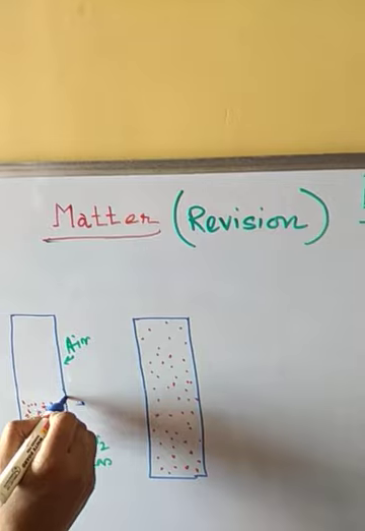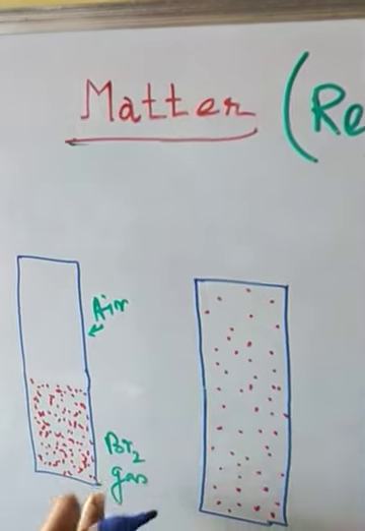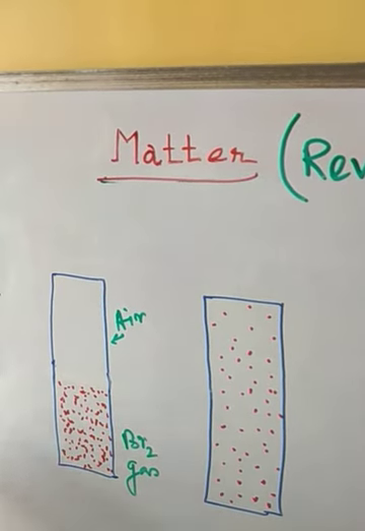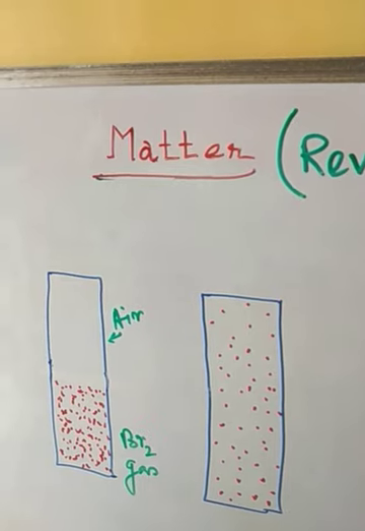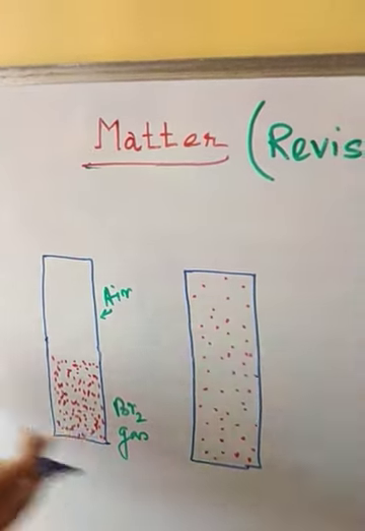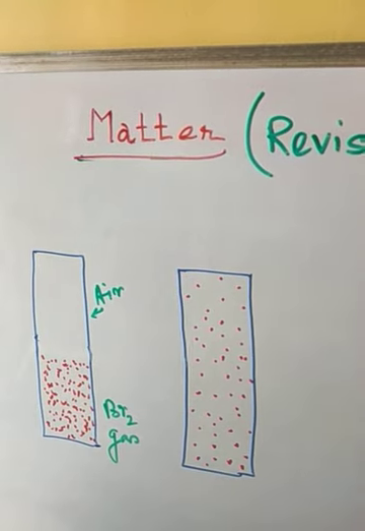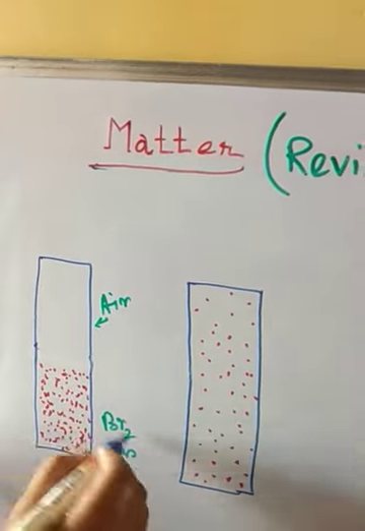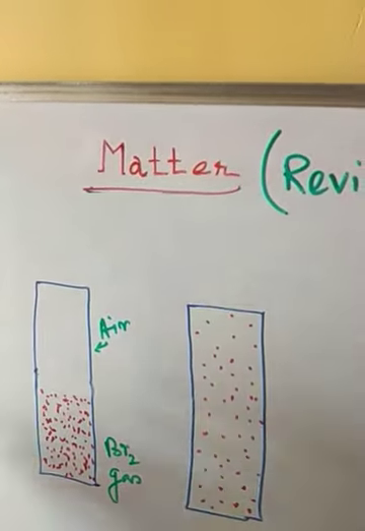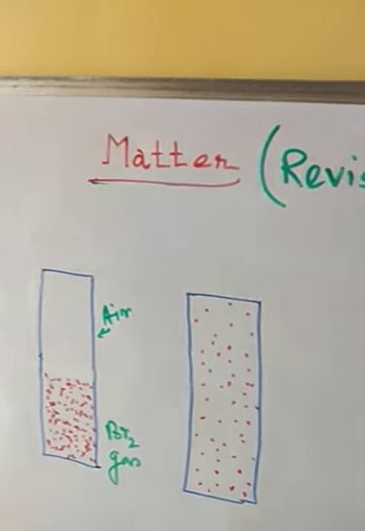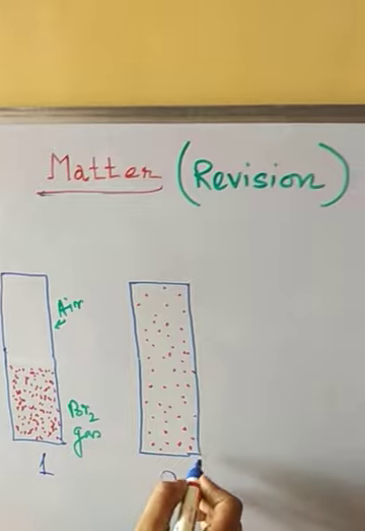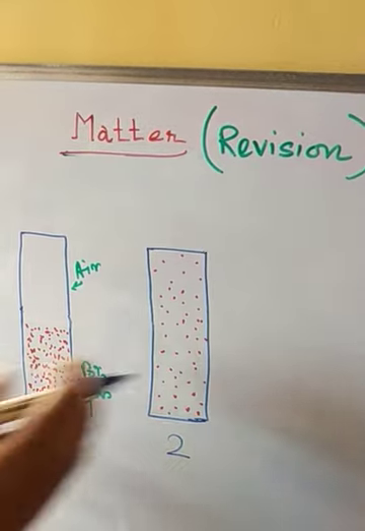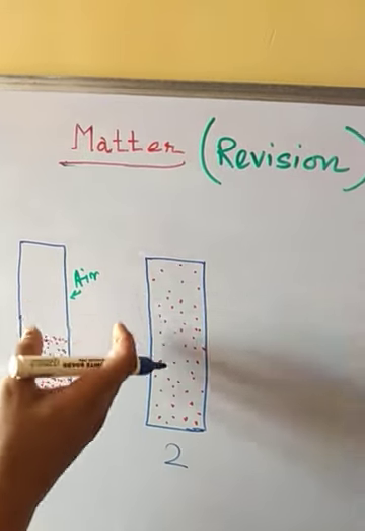Now because of diffusion, as the bromine gas molecules have random motion, and the molecules of air also have random motion, they will intermix between each other. After some time, the bromine gas and air particles will all get mixed. Here in this second figure we can see the particles of bromine gas, shown by the red dots, spread all over in these two gas jars.